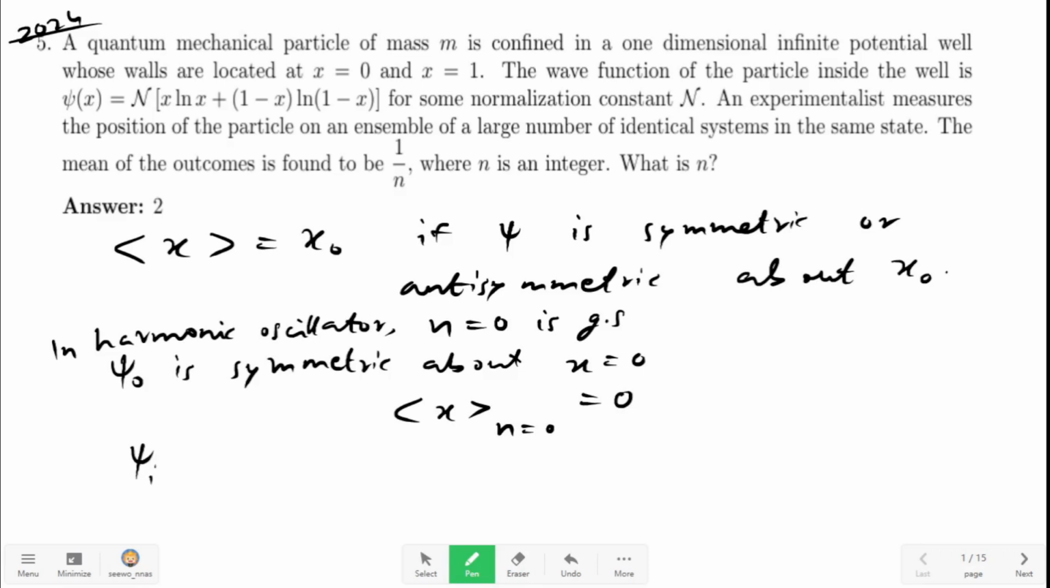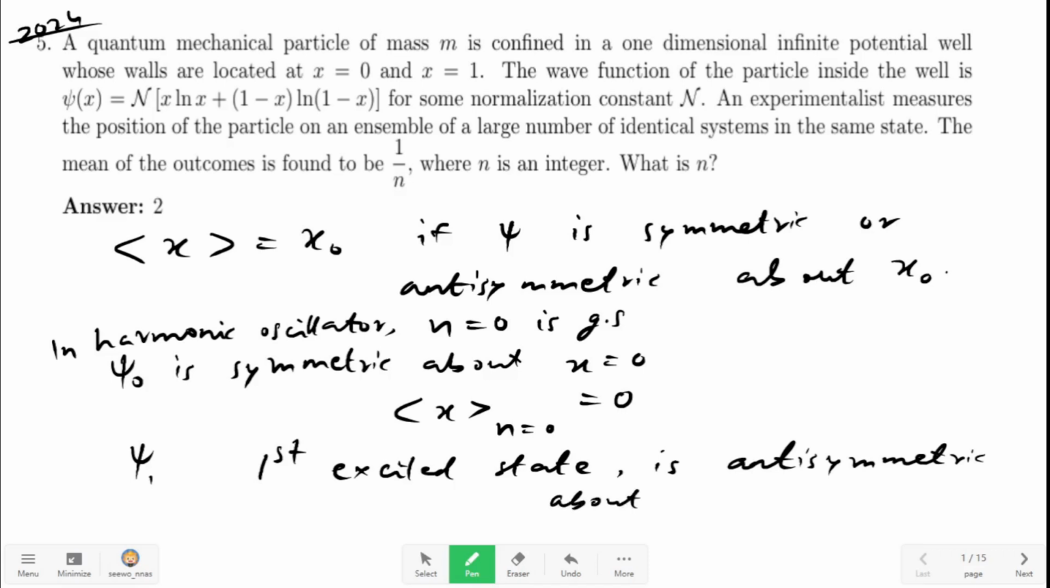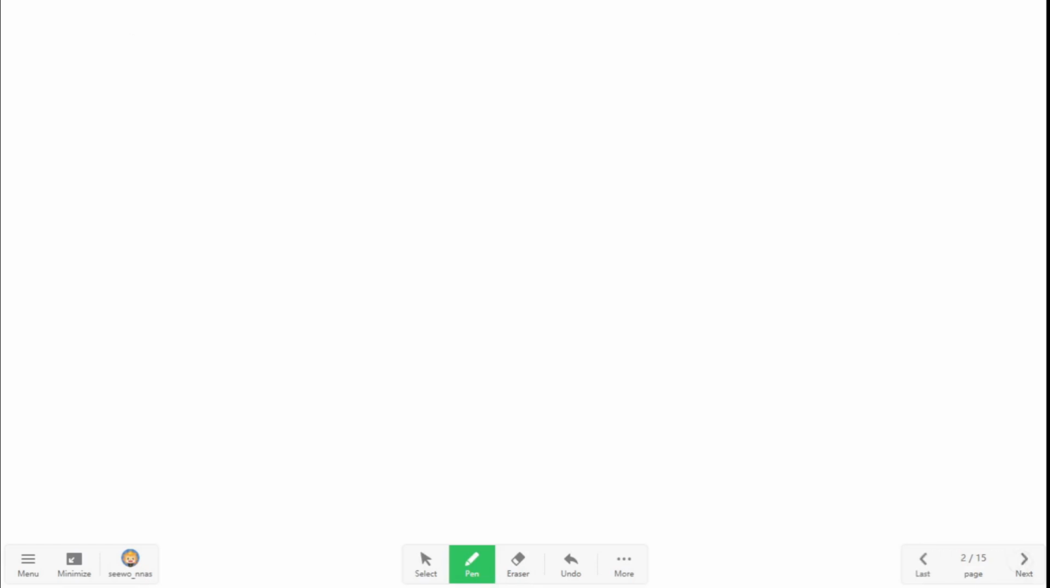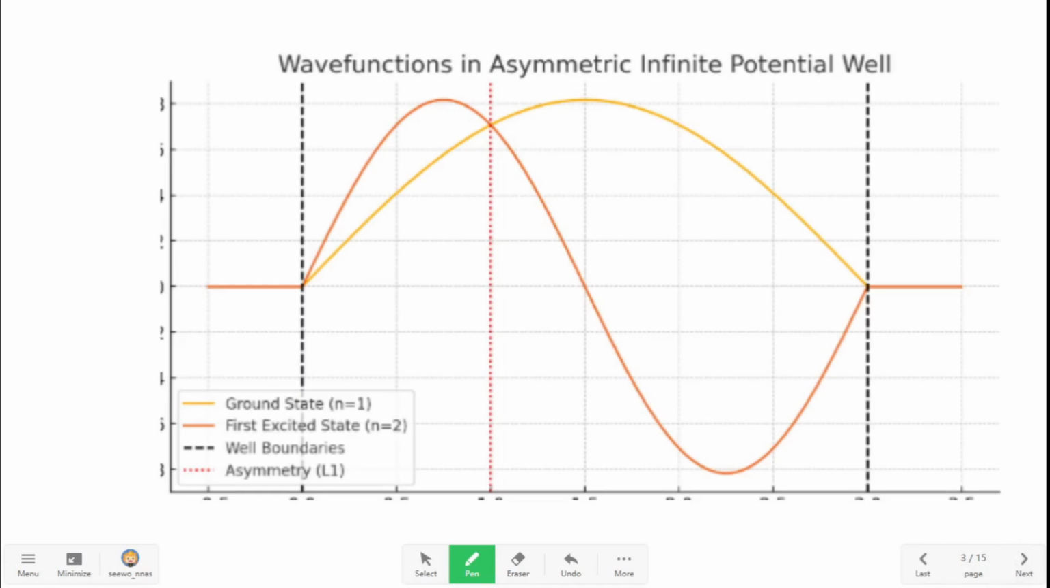Psi 1, which is the first excited state of the harmonic oscillator, is anti-symmetric about x equal to 0, and when you find the position operator expectation value with respect to the first excited state, it is coming out to be equal to 0. Another example that we have is in the case of a particle in an infinite potential